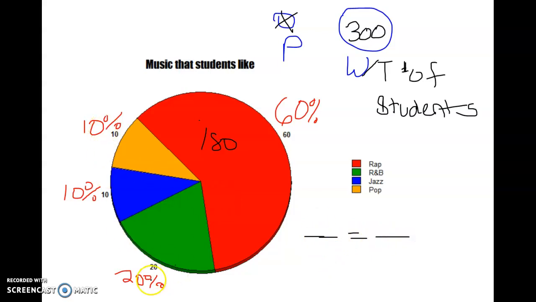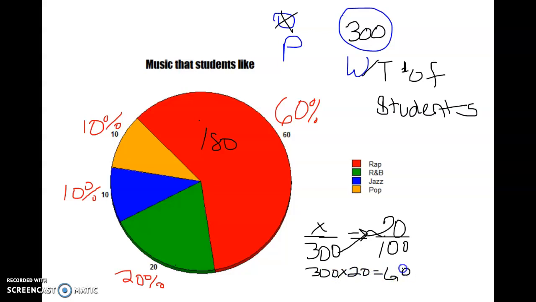So let's do the 20%, which is R&B. 20, because again, a percent is a ratio out of 100. 20% chose R&B music. My whole is still the same. I did not change how many students I surveyed. But I don't know how many students are in this green. I'm going to solve it the same way, multiply. But now I'm going to multiply 30 times 20,